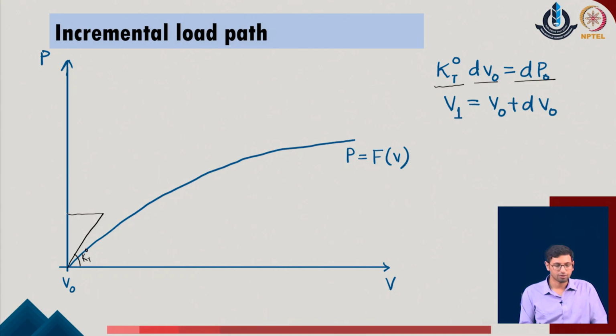We obtain the increment, say dP0, in the given problem, and this gives us the first point P1 in the given system. With respect to this point P1, I will be obtaining the displacement, which is V1, and this V1 will be equal to V0 plus dV0. As we have obtained the first displacement point, we further go with the evaluation of the new tangent stiffness, which is evaluated at this particular point.